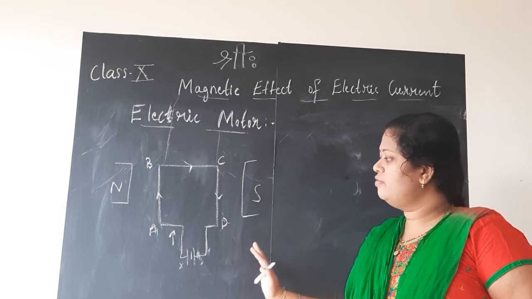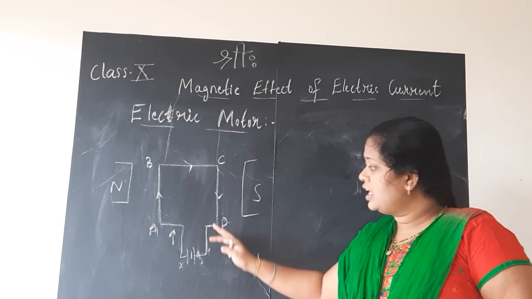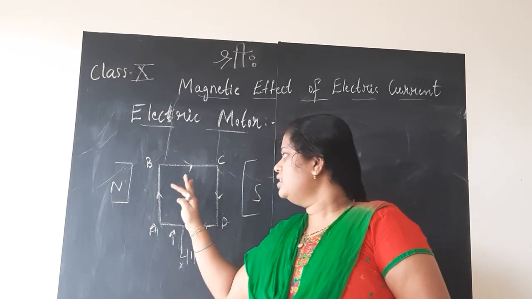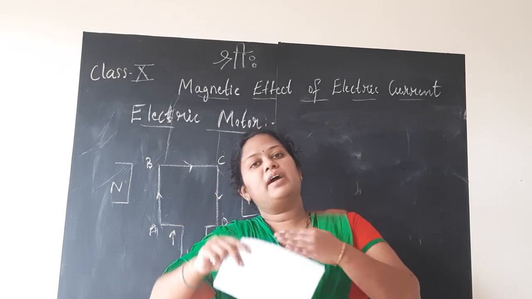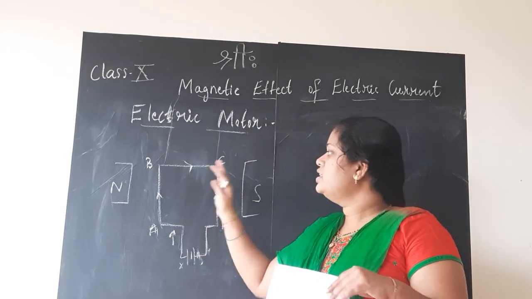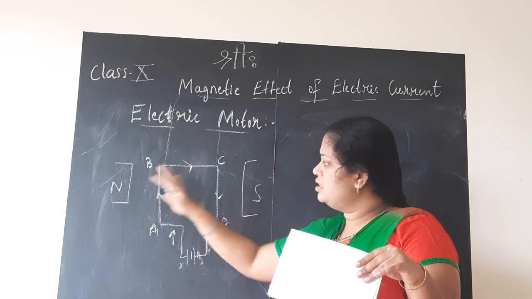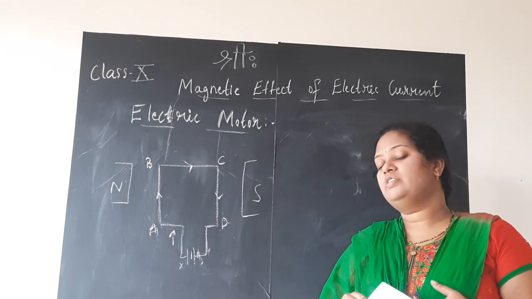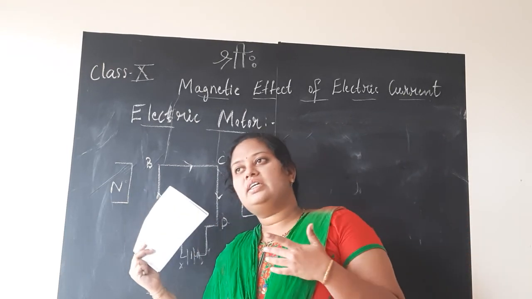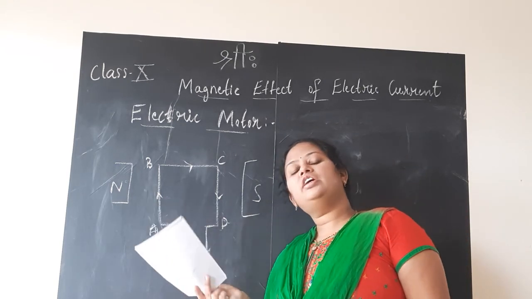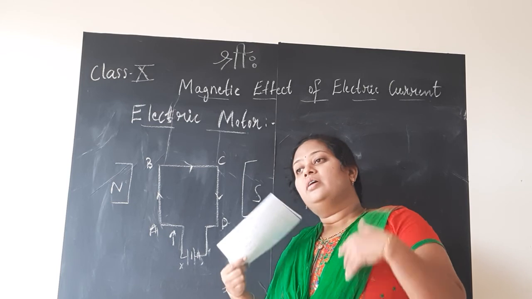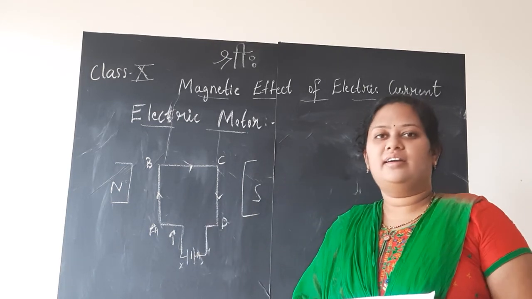Now about the current flowing through it, we know that when current is passed through the circuit, this current carrying rectangular conductor will produce a magnetic field around it. And this current carrying conductor is placed in between the magnetic field. In the previous session we studied one activity, no? It is the same setup. Now what should happen? The magnetic field in turn should apply force on the conductor.